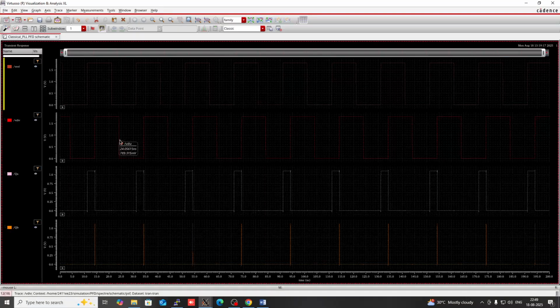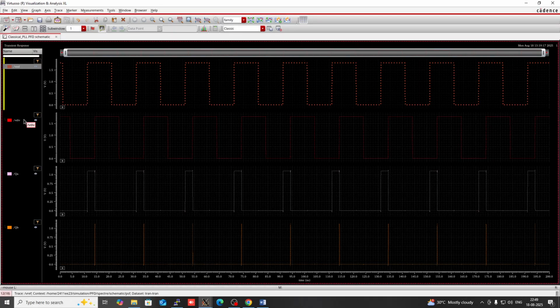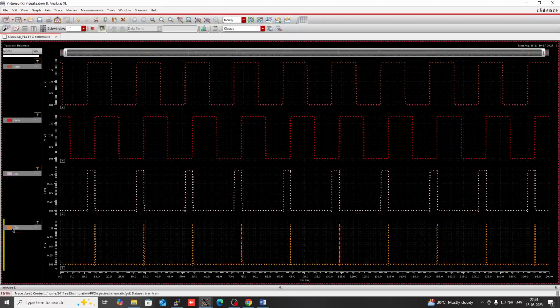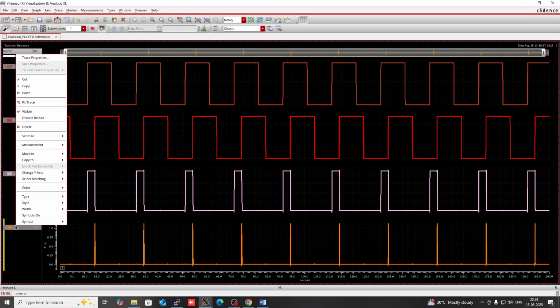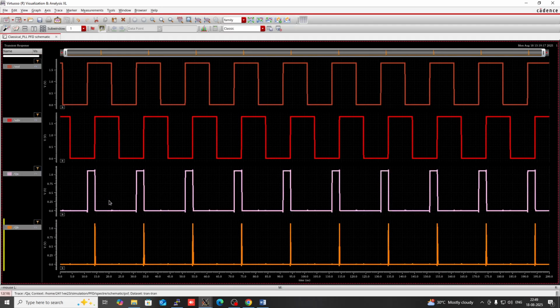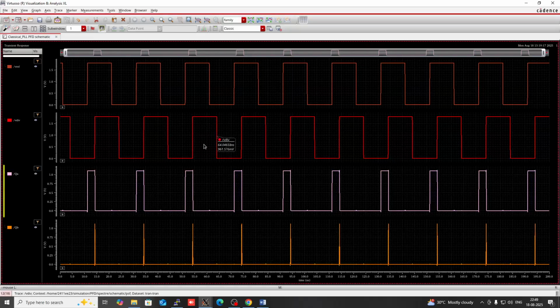Yeah, so this time you got correct. So going to select this all waveform, change the width, style to solid and width to medium. Okay, so now you can observe when V reference is leading and V divider is lagging, so it does not conclude this first phase difference, and I don't know why it does not